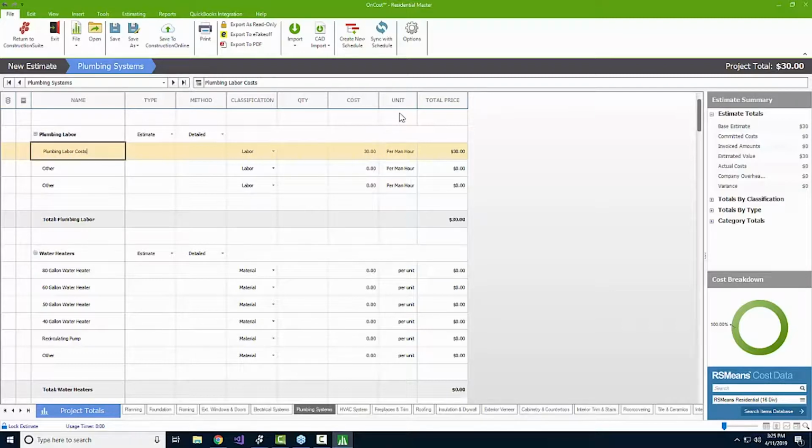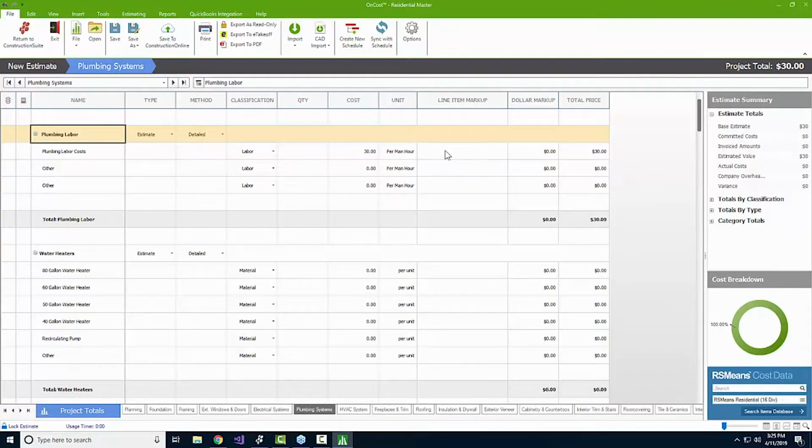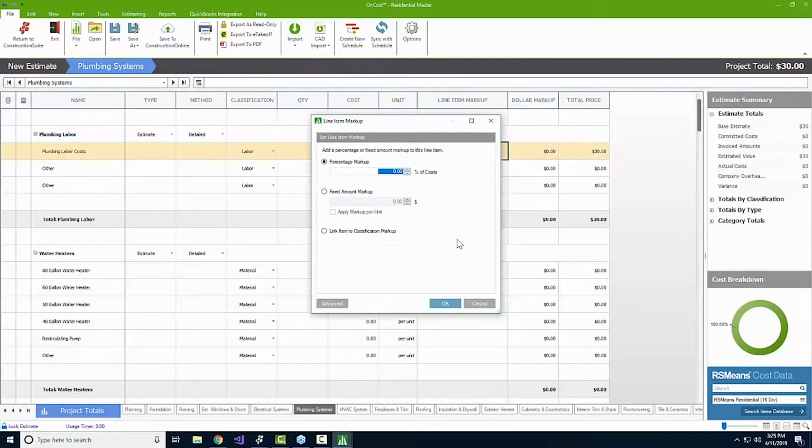But to add to this, we know that there's going to be an additional cost, a burden, if you will, to having him employed. To get to this number, we can expose a few additional columns here. We'll turn on the line item markup and the dollar markup. This is where we can start to add the additional value for what we're building. These inline markups would apply for things like the labor burden, where we might pay him $30 an hour, but he really costs us, let's say, an extra $25 per hour